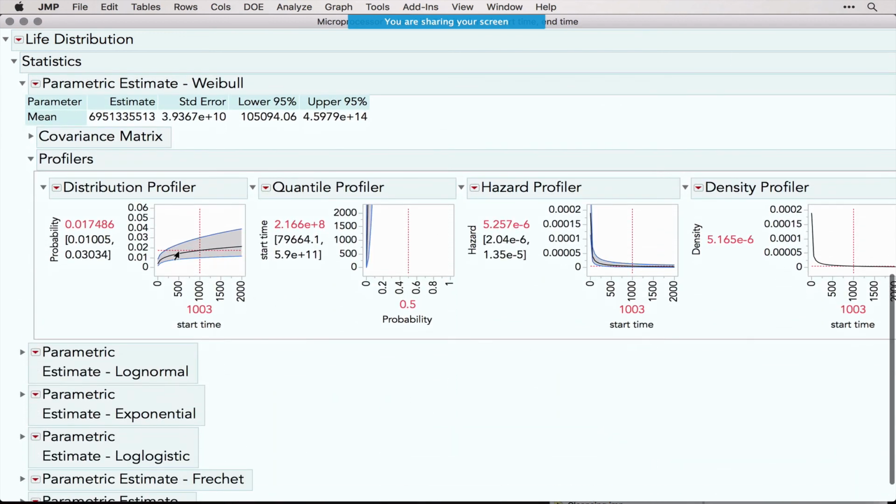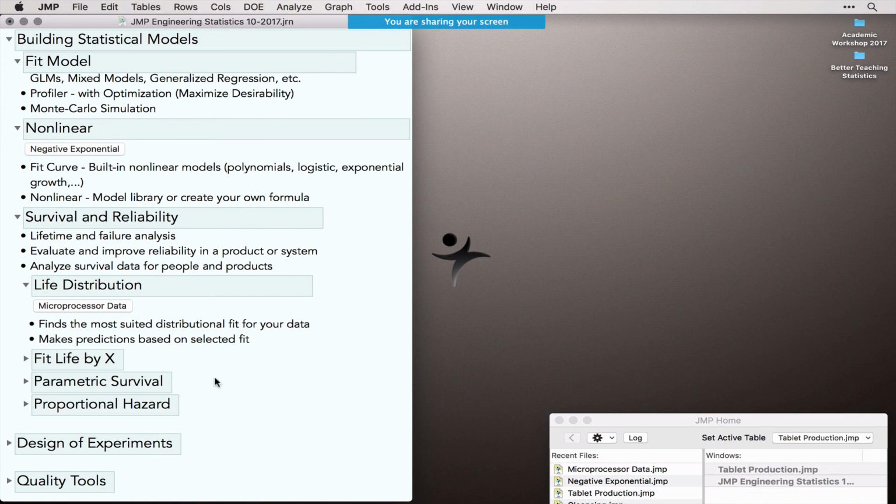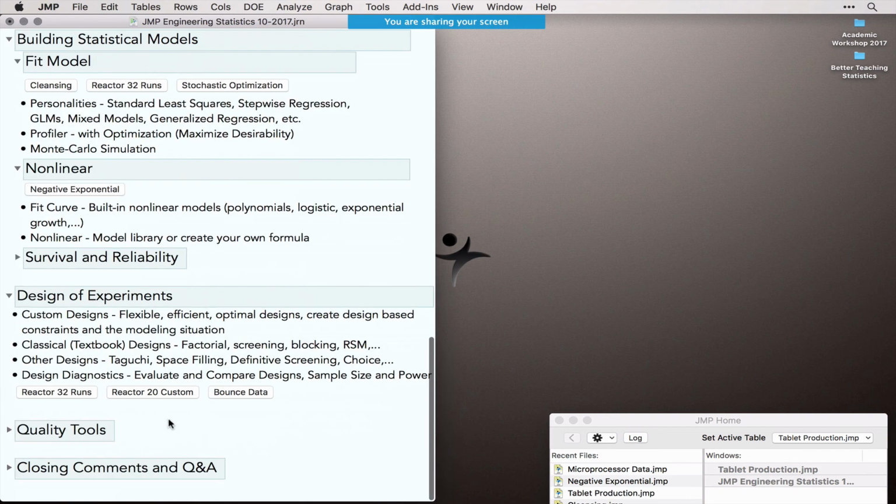And then you can go down to the Weibull case, and here you get a profiler again. So we can see that after 15,000 time units, there's a probability of 2% that a unit will be failed. So that's life distribution, just one option under reliability and survival. For design of experiments, this is really a very important topic, especially in engineering on its